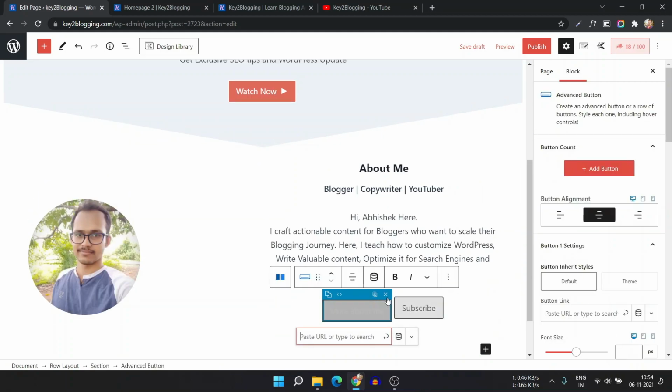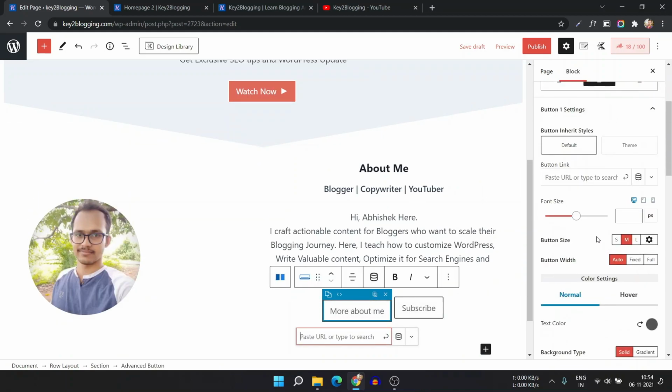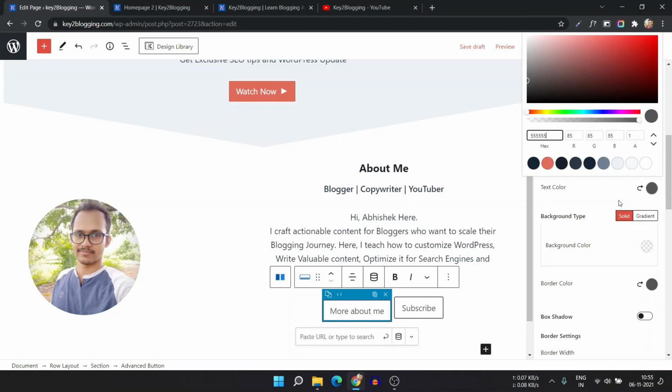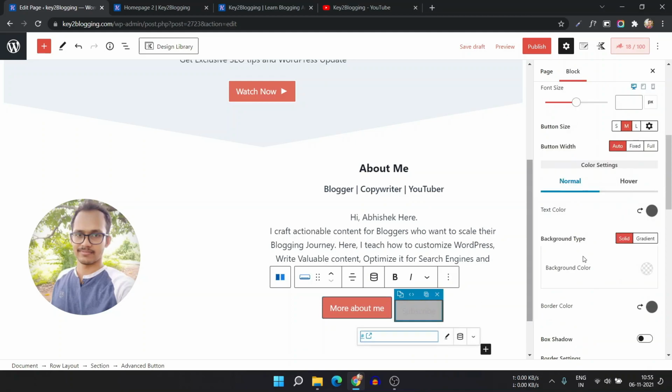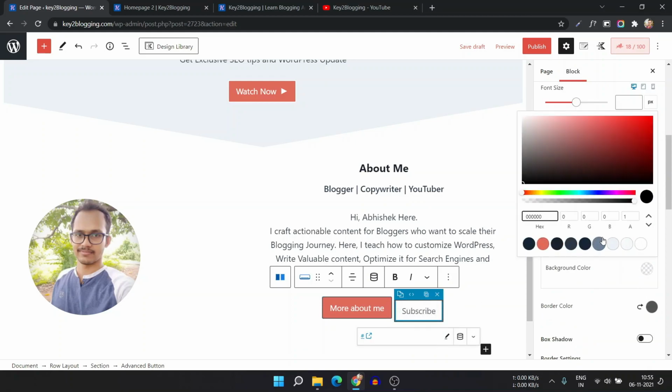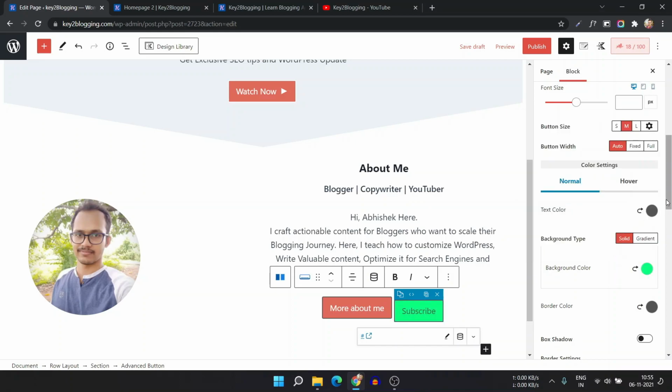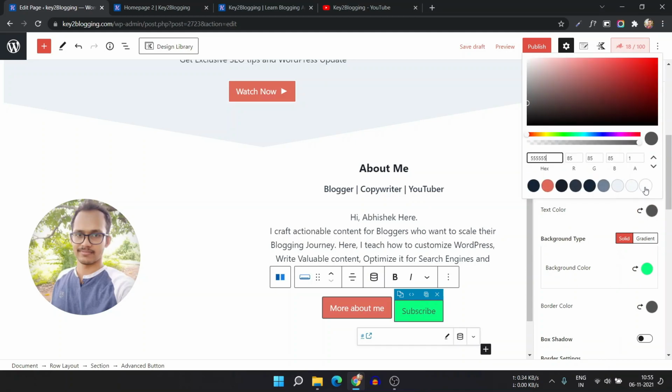Now you can change the button style. So let me just change the text and change the background color, and here I will change the background color to something like green, and let me just change the color to white.